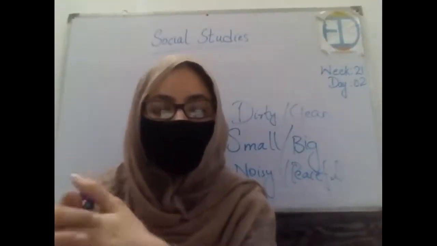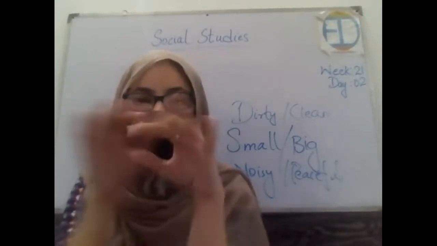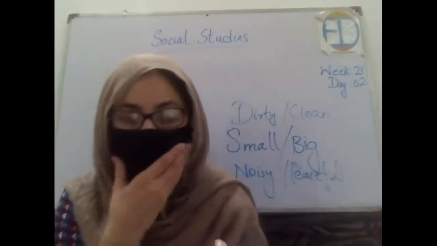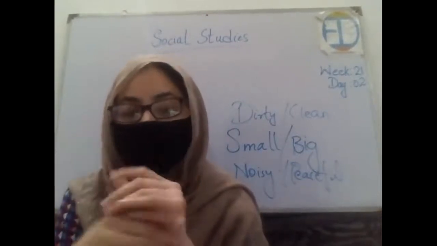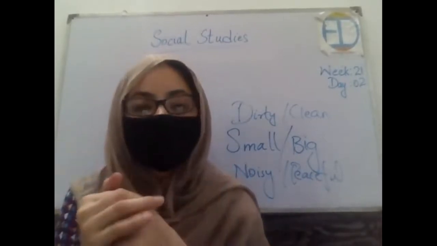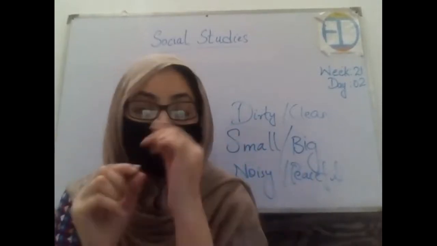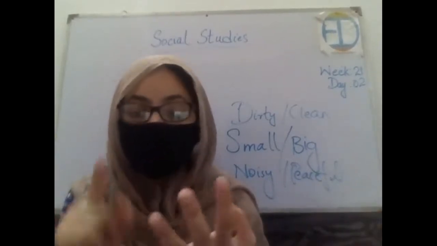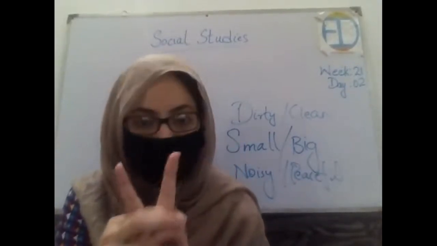Now, what I want you to do is tell me what you observe in the city neighborhood, wherever you live. What do you observe in your surroundings? First, you are supposed to tell me that, and then tell me what type of differences you find when you visit your village. You are supposed to write or tell me the differences that you have observed, because whatever we have discussed so far was general things, right? That in the city there are big buildings, schools, colleges, that's all. You will specifically tell about your neighborhood, what your neighborhood is in the city and what your neighborhood is in the village. So you will be telling me the difference between the two in detail, okay?